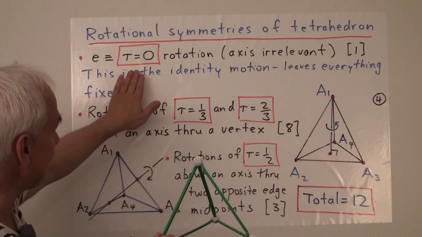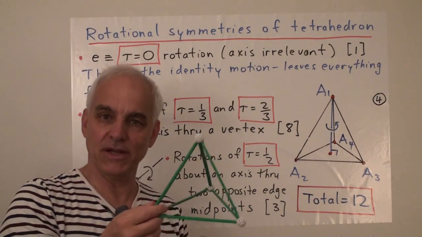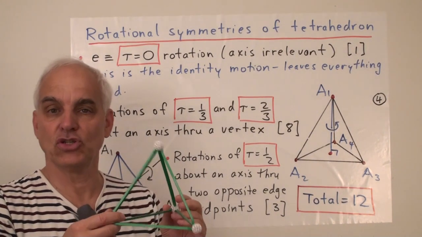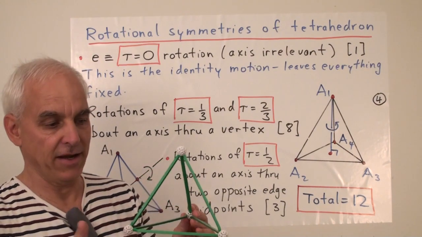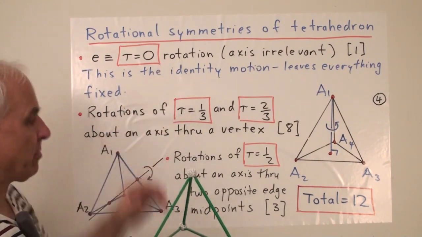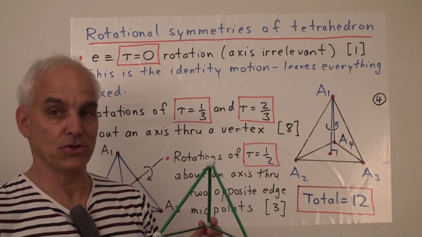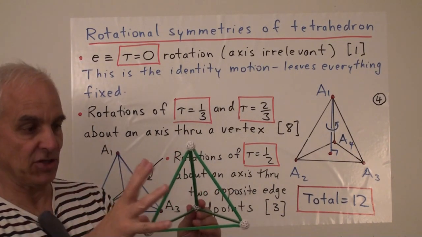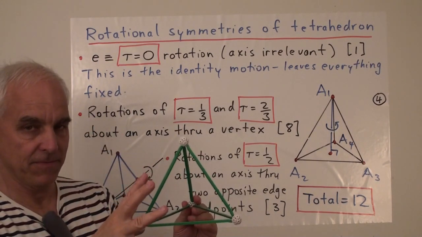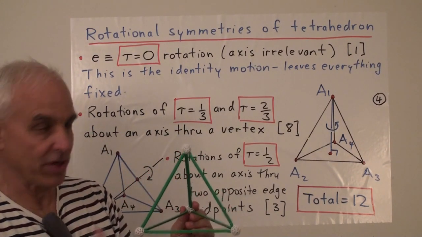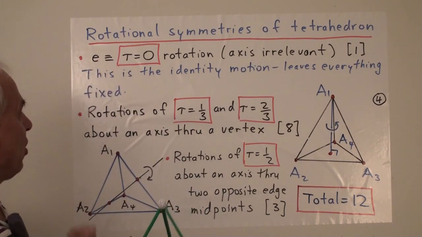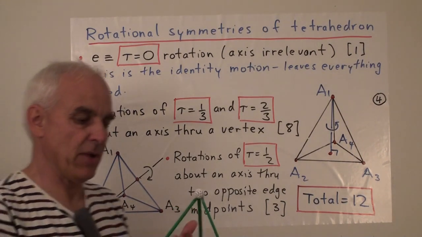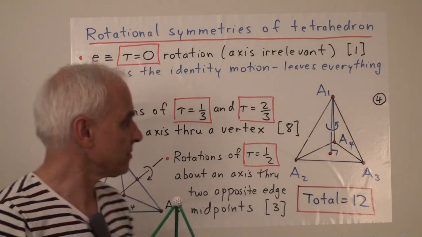Okay, so the simplest rotation is perhaps one that you wouldn't even think about. It's just the rotation or transformation that doesn't do anything. So that's called the identity. So it's a rotation by 0 about, well, you can choose any axis you want because we're not going to rotate at all. So it's just the transformation that fixes everything. That's still a symmetry, and we're going to include it. Sometimes it's called E for identity. Okay, that's a very special kind of rotation that we have to include in all of these stories.